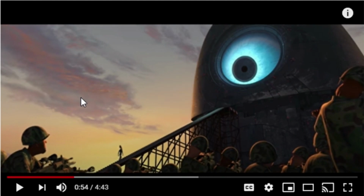Ugh, I just love this shot. It is absolutely beautifully framed. Excellent use of the rule of thirds there. You got the eyeball up here and then the president down here. These two adversaries meeting for the first time. The sunset has a gorgeous color palette, and you've got all the army soldiers down here